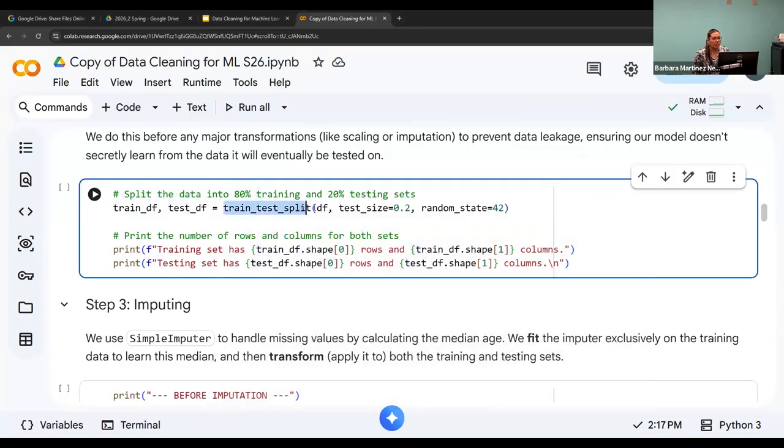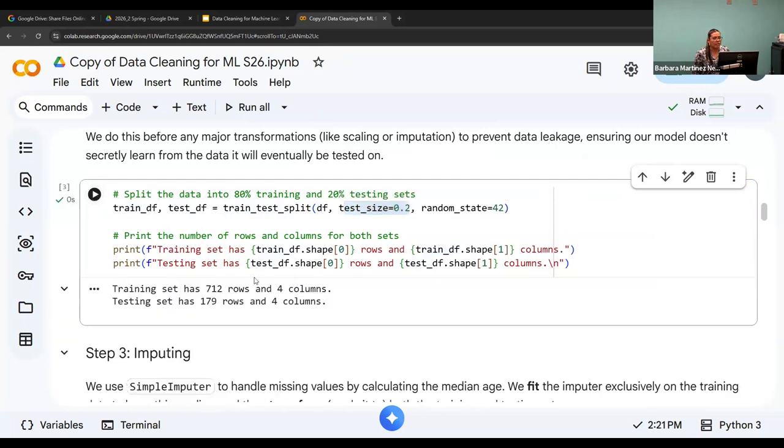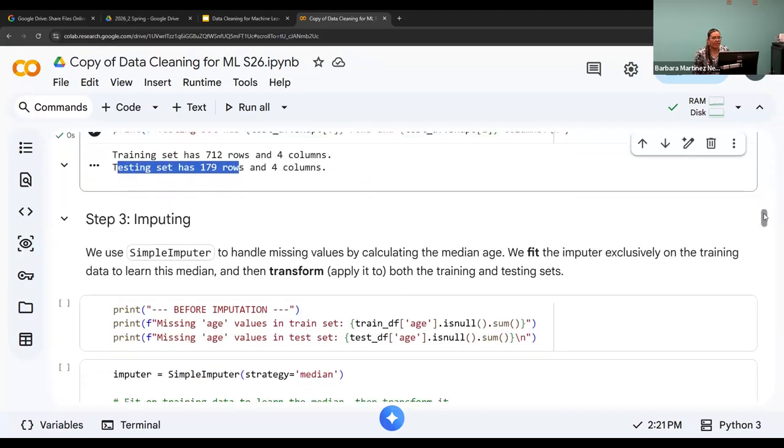We're going to use a built-in function from sklearn to split our data set into 80% training data and 20% testing data, as we can see with this little parameter. And when we run this, we can see that we now have a training set with 712 rows and a testing set with 179 rows. Now that we've split our data,